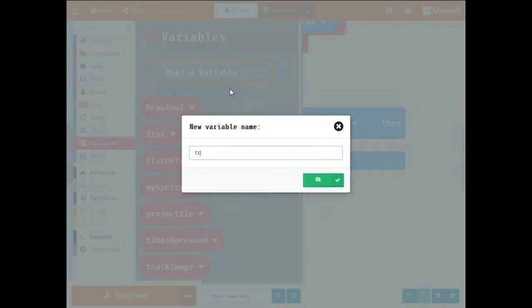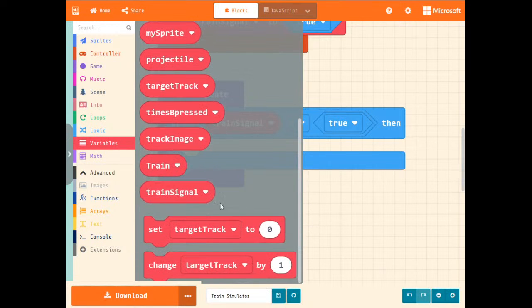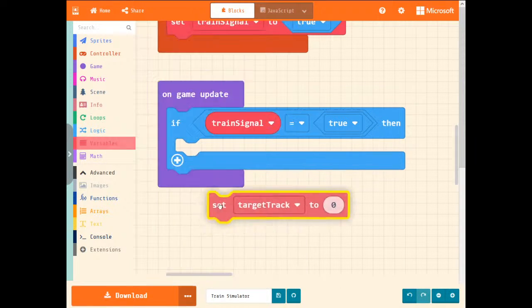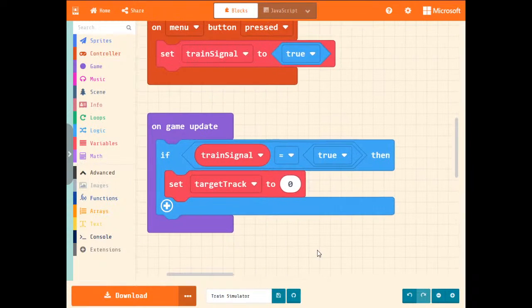And this is going to be target track. Okay. And we are going to set the target track. So set target track to